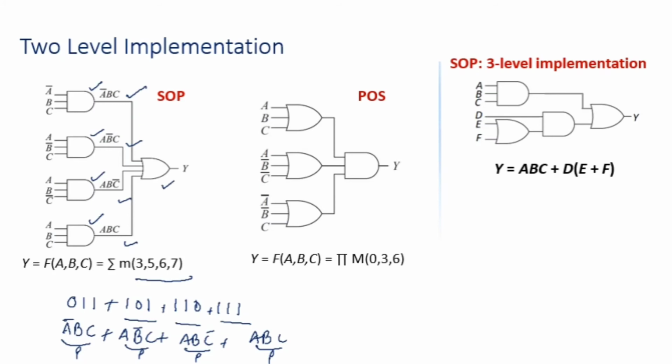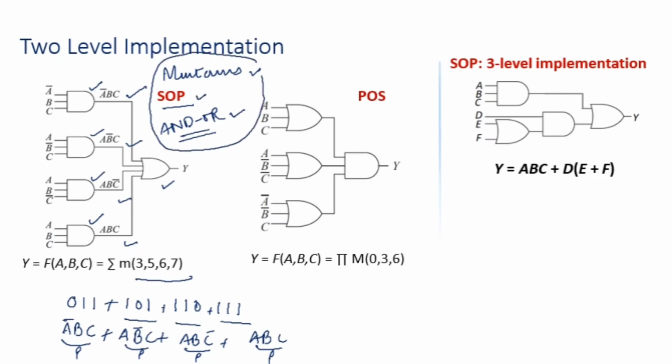So that's why it is termed SOP, sum of products, or you can also refer to it as an AND-OR expression. Okay, and this was derived from min-terms. So all these things are interrelated. If I say min-term, if I say AND, or if I say SOP, all three are interrelated. Okay. Similarly, for POS, I will be having max terms.